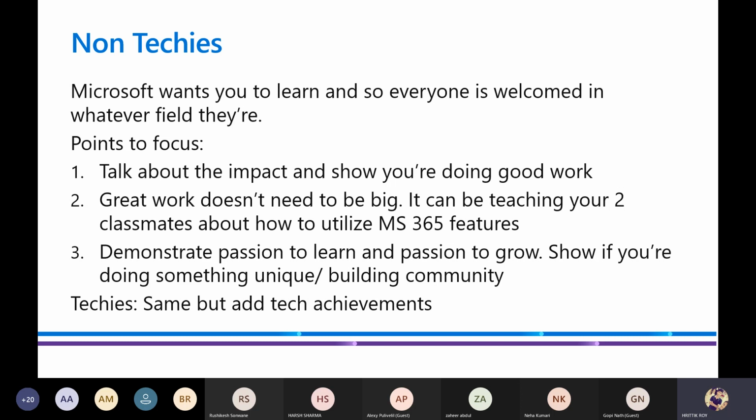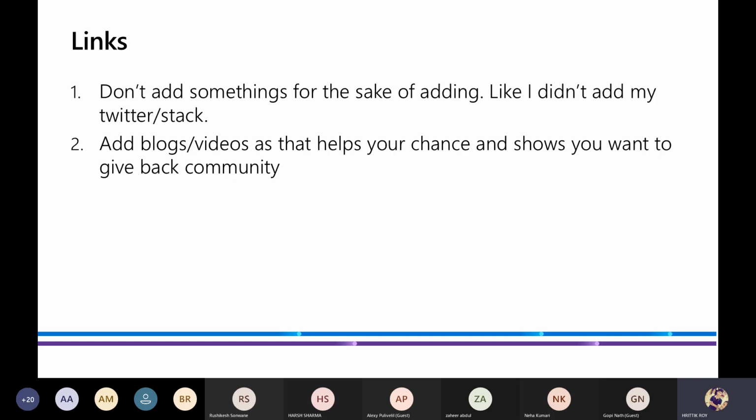Going into the next section, links. You can see in the application process there are a lot of links. Don't add links for platforms you are not active on. For example, I wasn't active on Twitter and Stack Overflow, so I never added links for them. I only added the link for my video because I have a YouTube channel, and my blogs.